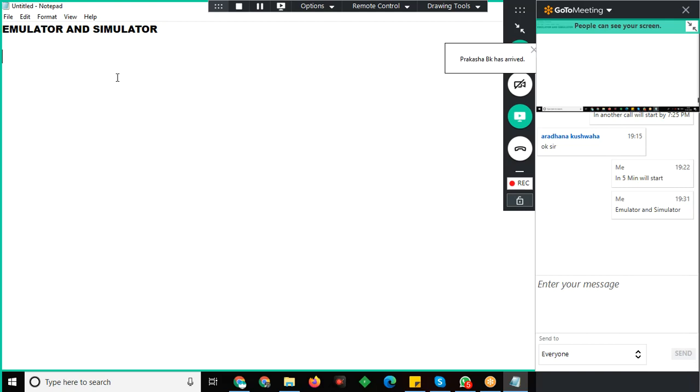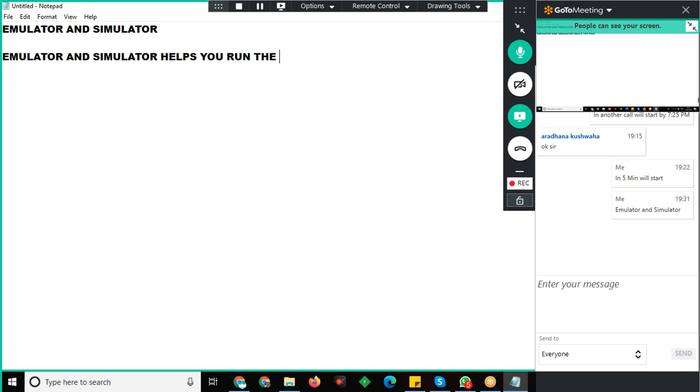Emulators and simulators help you to run the mobile operating system on your desktop. Both have the same functionality.